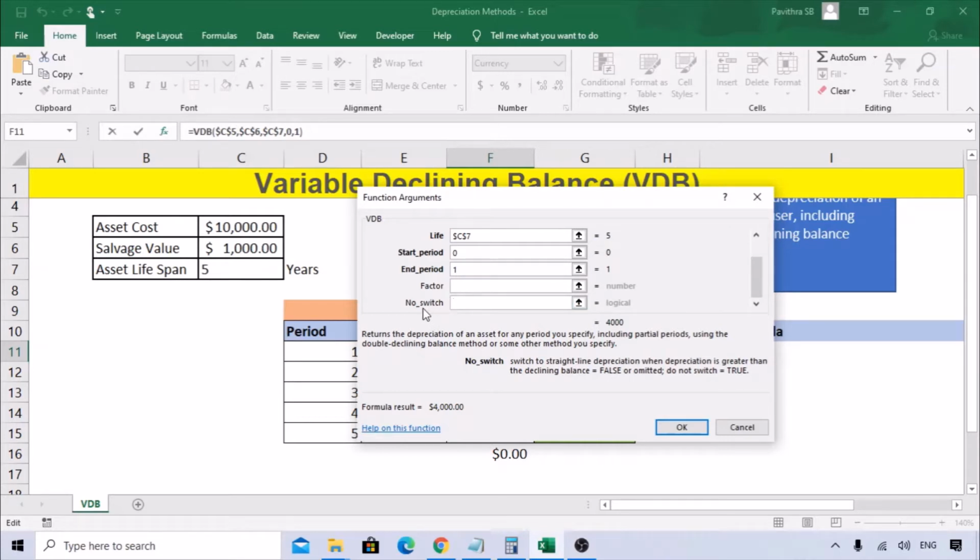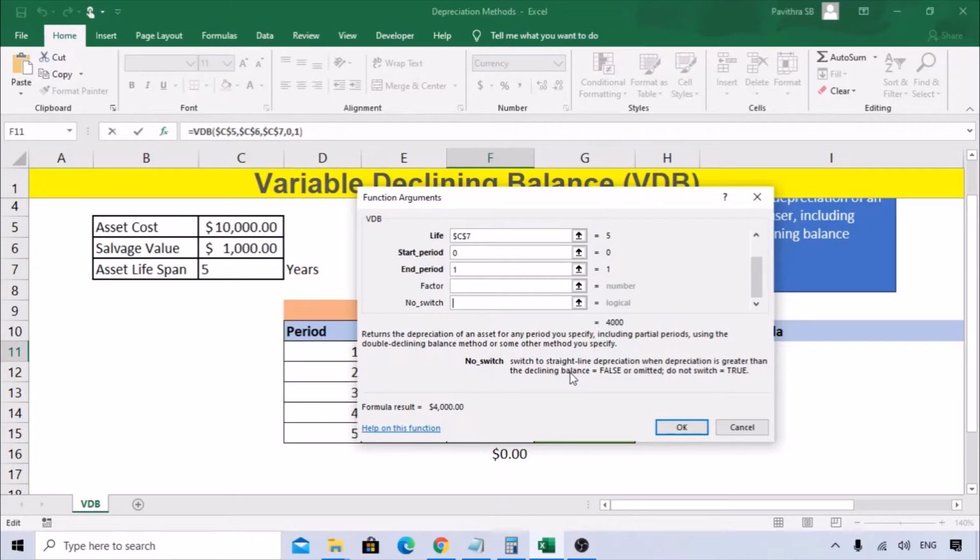Switch. So what is switch? In this case it is taking the double declining method, and switch, if you want to switch that into a straight line method, it will switch automatically to the straight line depreciation method when the straight line depreciation is greater than the declining balance method.